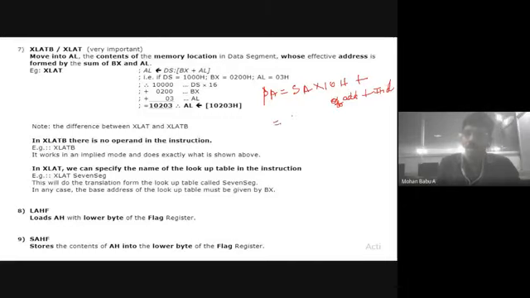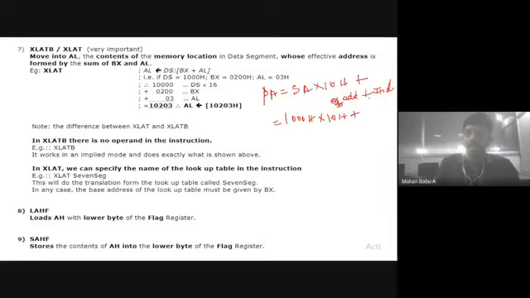What is the segment address here? DS is the data segment. This will point out the base address of the data segment. The value here is 1000H multiplied by 10H plus offset address. Offset address means any address location in the data segment.